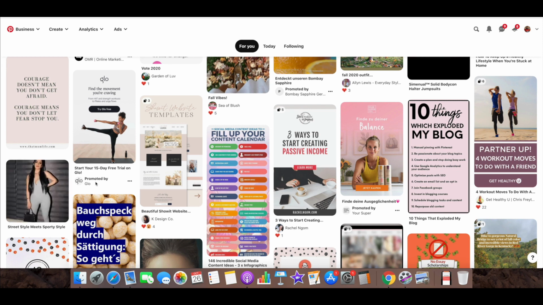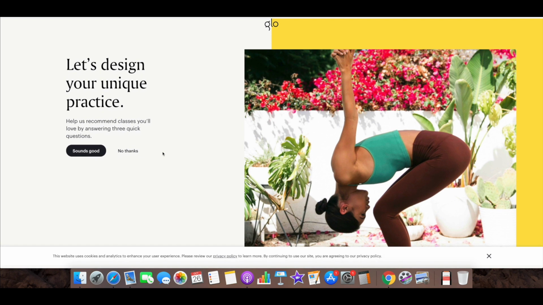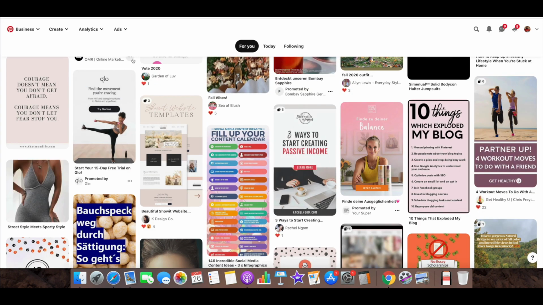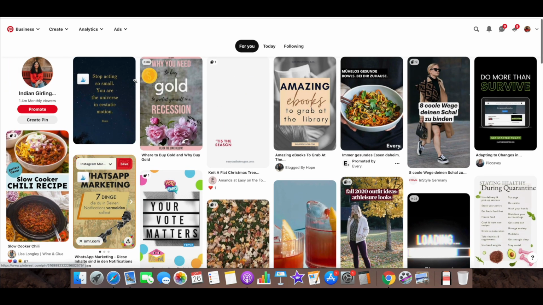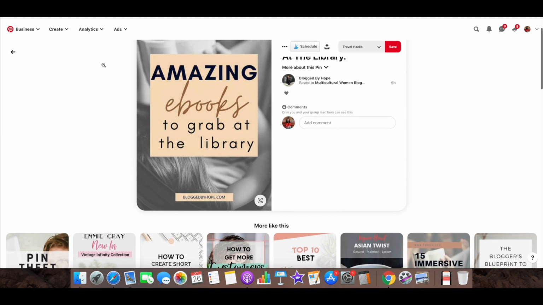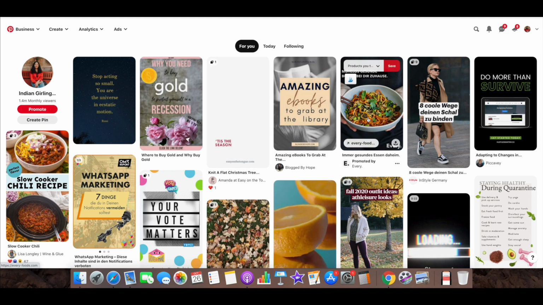So essentially, when you click through to this particular pin, instead of going to a close-up of the pin, you actually end up going straight to the website. As a business owner, this is a very, very effective strategy, especially if you're creating ads to sell your products or maybe even signups, because nobody has to click through twice. Just to show you what I mean, when I click through here, it first takes me to the pin and then I have to click the pin to actually get to the article or the product, right? Versus when you create a promoted pin, it will take you to the direct landing page,